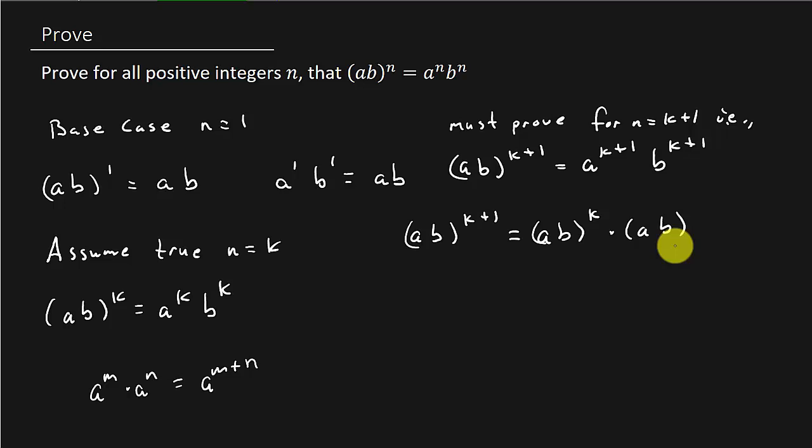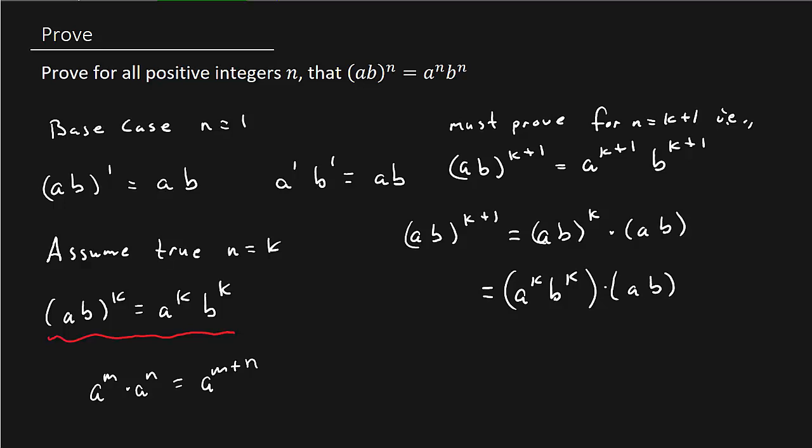Now we can actually say that this is a to the k b to the k times ab. Now how can I go from this step to this step? Well, remember over here what I assumed. So this, which is (ab) to the k, is equal to a to the k b to the k, which is equal to this. Okay, remember, we're assuming this is true. All right,